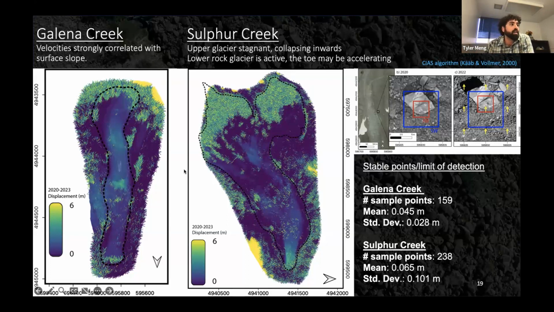So we have our plots here. The way I've chosen to plot them is I show the vector magnitude in color, and then you can see the direction plotted as the orientation of this line plot along the map. So we have this 5 meter by 5 meter grid that I've run this change detection algorithm on. And overall, we get an excellent signal here at Galena Creek. This is the 2020 to 2023 image pair. So this is a 3-year time interval. And overall, we see this really nice flow band correlating with this main